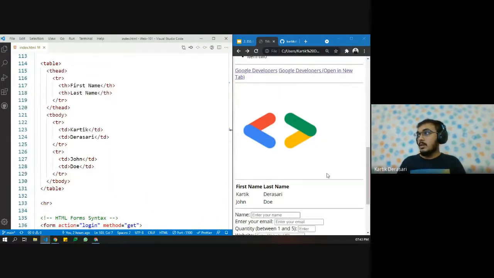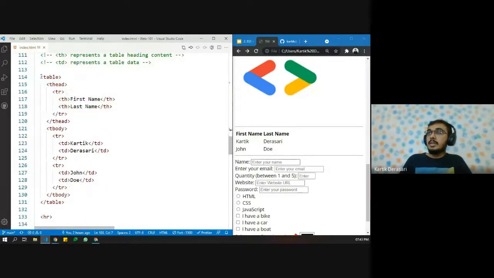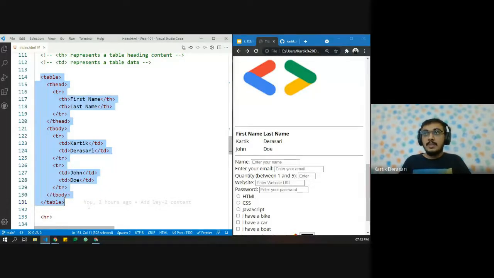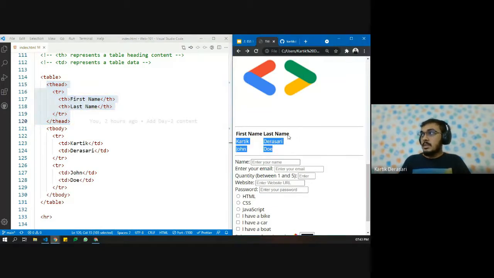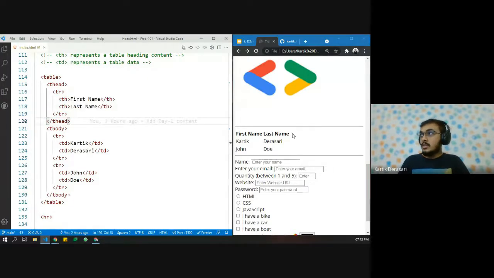Okay, quickly discuss tables. Whenever we want to create a table, we need to wrap it in a table tag, and inside that we have thead. This is basically the heading of the table, and inside that we have created a tr, which is a table row. So this is one row, this is the second row, and this is the third row, and it is also occupying the whole space when you check that out.